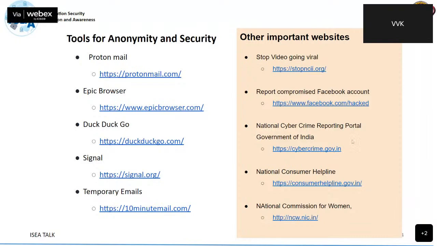Cybercrime.gov.in is a place where cybercrimes can be reported. And if you have purchased something online and you're not satisfied with what was purchased, you can go to consumerhelpline.gov.in. And anything related to women incidents, you can go to ncw.nic.in.